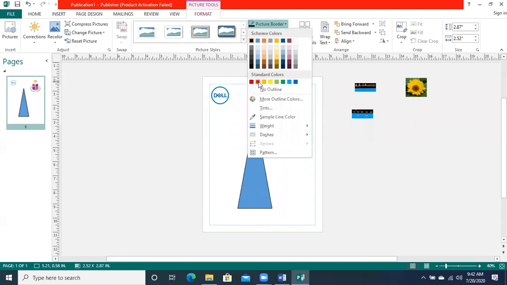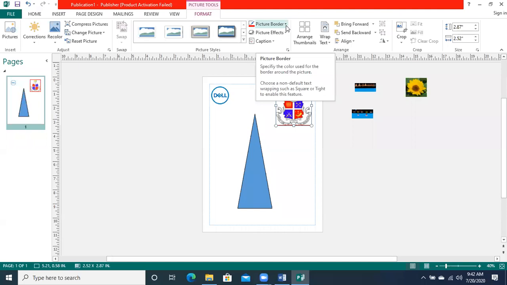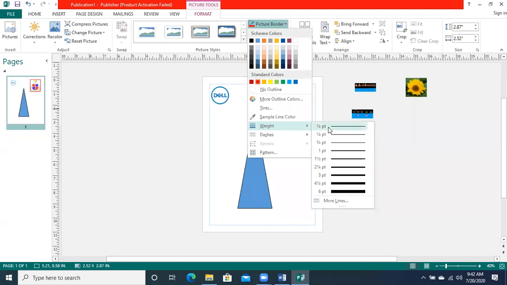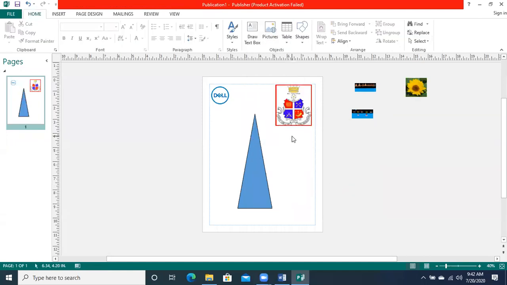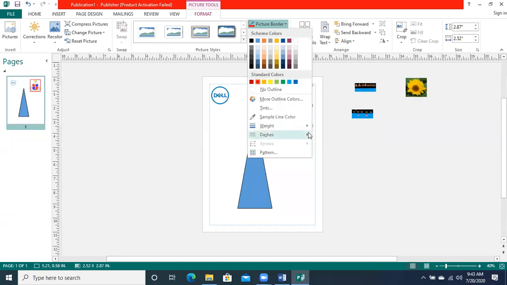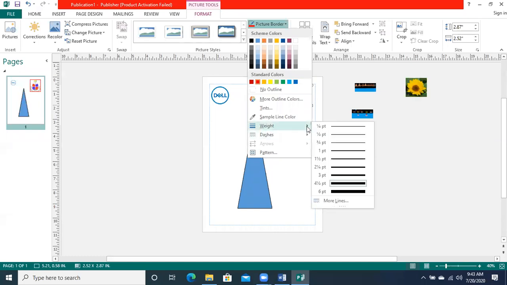For example, red. If the border is not visible, then increase the weight of the border, it may be 1/2, 3/4, 1, 1.5, 3, 4, whatever you want. So in this way, we can apply a border. Select the picture, double click the picture, the picture tools ribbon will appear. Go to the picture border option, take any color for the border and then increase the thickness of the border, 1 or 2 or 3, whatever you want to give to your border.